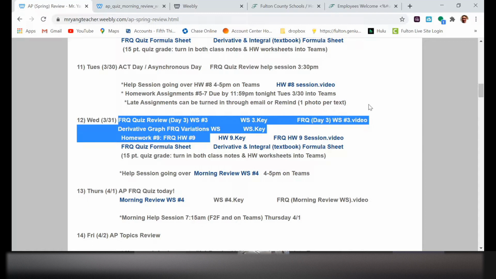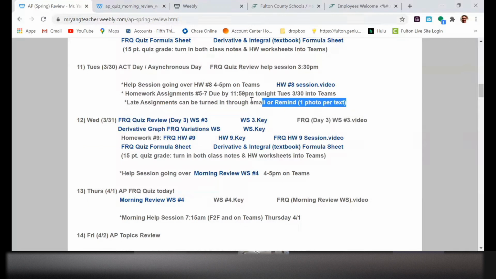Yesterday, most of you turned in your assignment. I know that there was a limit in the number of pages that Teams can take. Some students reached that limit, and then they sent me the rest through email. That's fine. If you've turned in a part of it, but not the other part because of that restriction, you can send it to me through email. I won't take off any points.